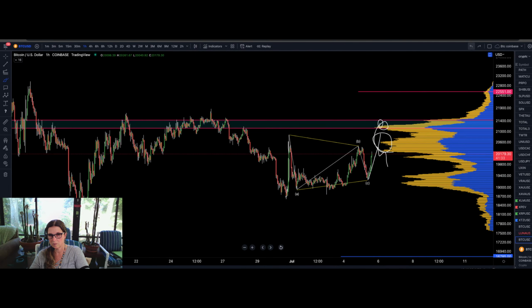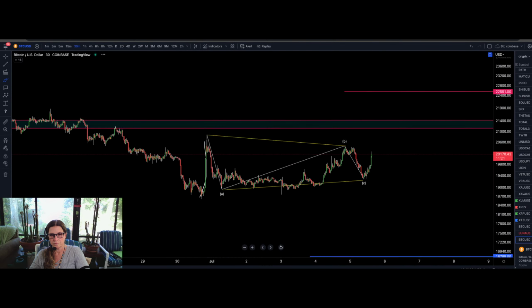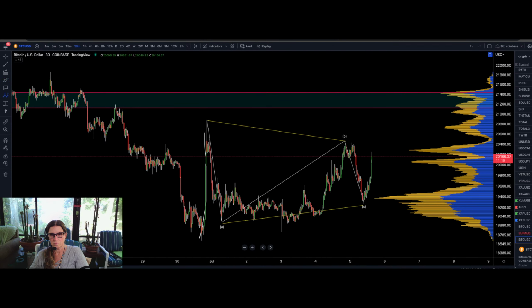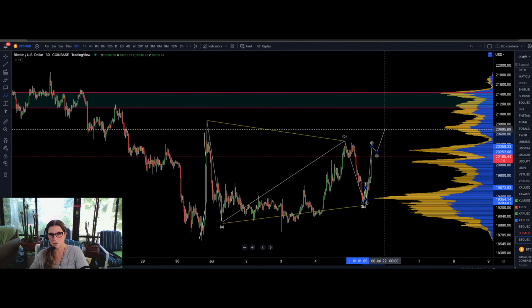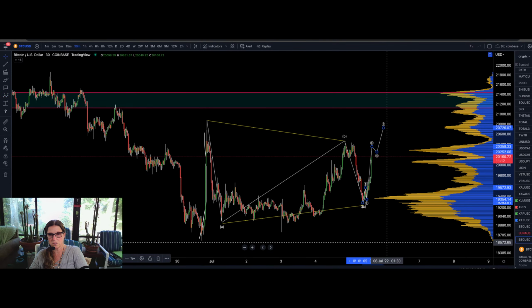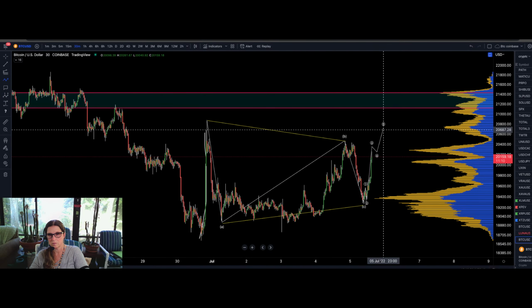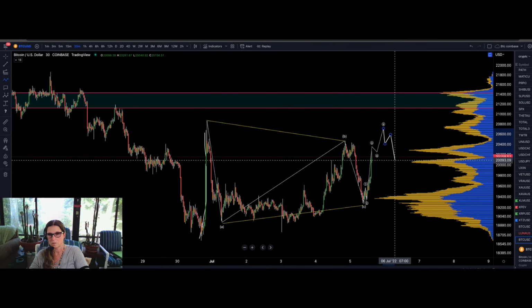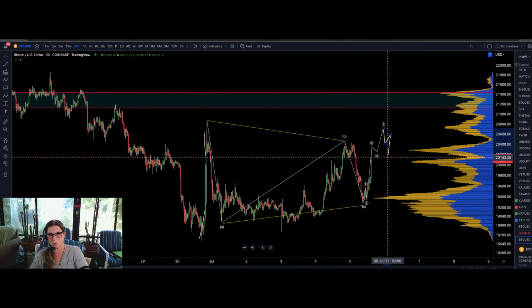But if it makes 5 here and then it pulls back in 5, let me do this better. Hold on. So if it makes 5 waves, what you want to see is a 3-wave pullback for continuation to the upside. If you get a wave that comes through your 4th wave territory,